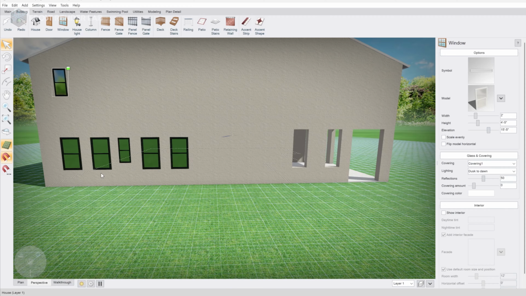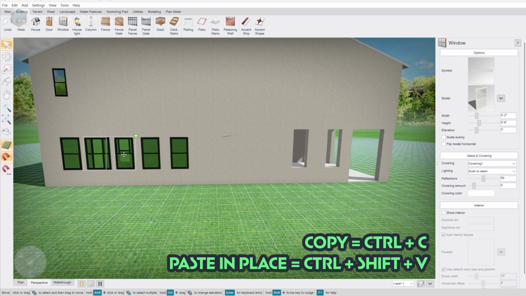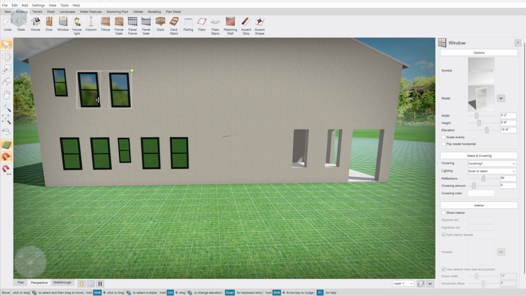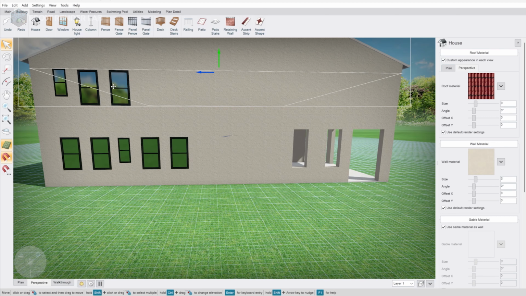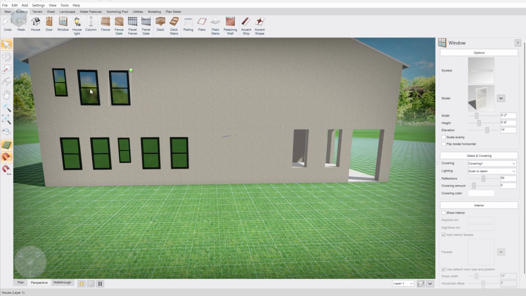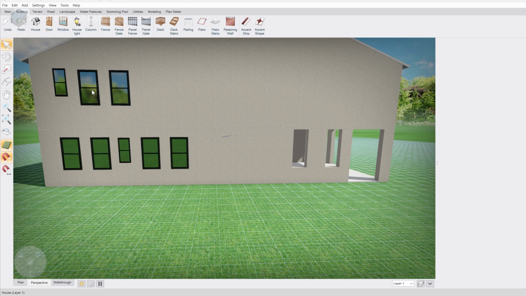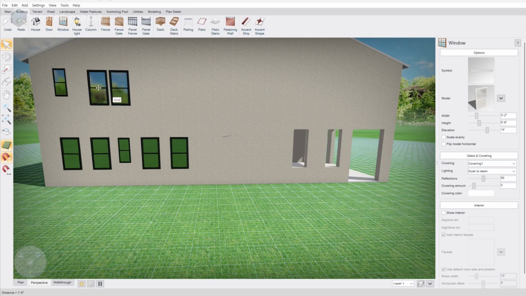For these triple windows and the double windows on the top, we really just have to select these 2 windows, copy and paste these, raise the elevation, and then move them together. And they are a 3 window and a 2 window, so we'll do the 2 window first since these are 2 together. Select them and move them over